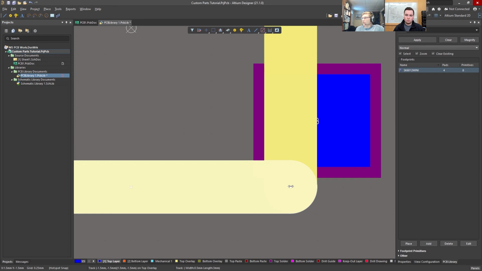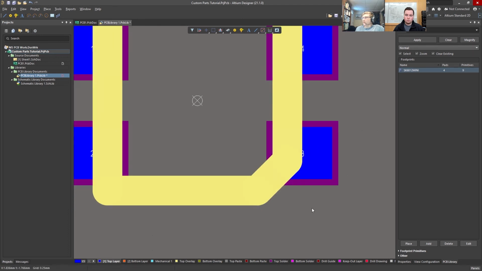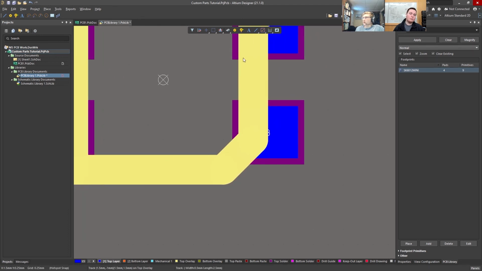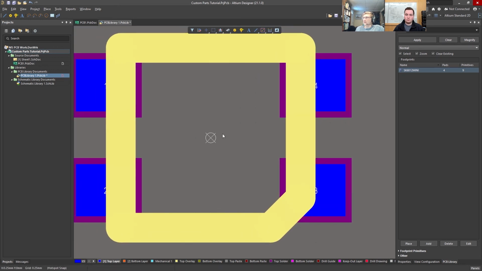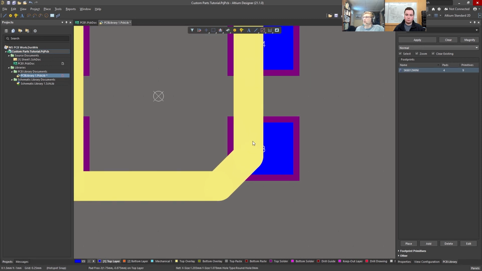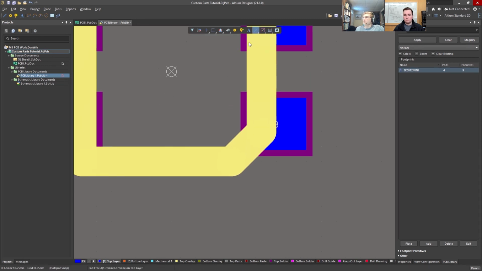Usually you would just grab a corner like this and go in. There's a couple other ways to do it. Chris, there's a reason that's not going to work. We'll get to this in a second, but we're not going to put silkscreen over a pad. That would not work. So the other way to do this is to go to your line tool, and just put a dot